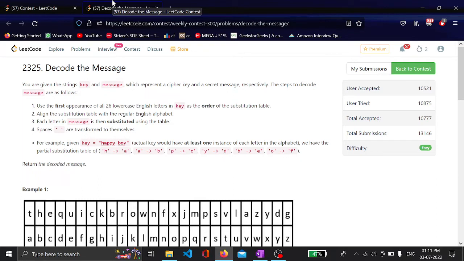We have to convert the first 26 appearances of the English alphabets in the key. It does not matter whether T is in first place or A is in first place; it means the first 26 distinct lowercase characters appearing in the key, we have to map them to our 26 English alphabets. And spaces are transformed to themselves, meaning the spaces remain intact in the message which is given